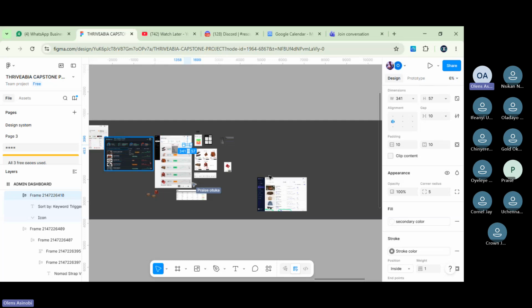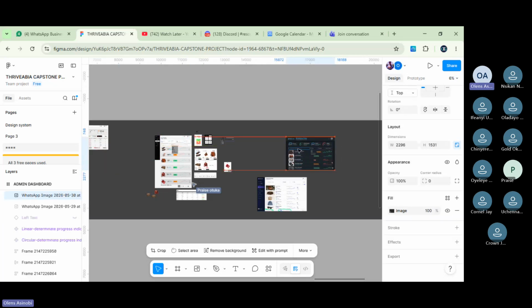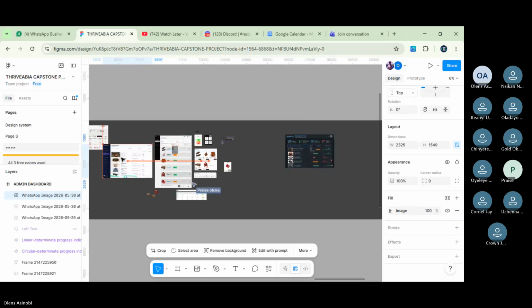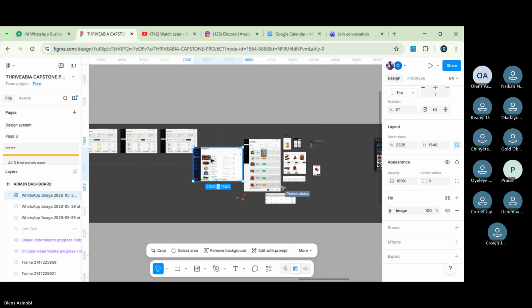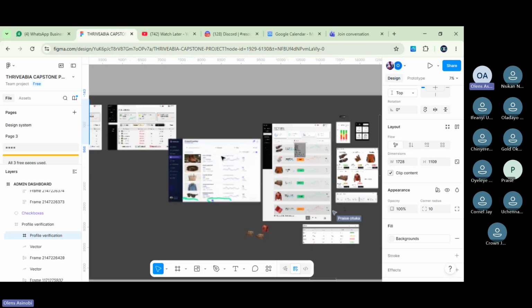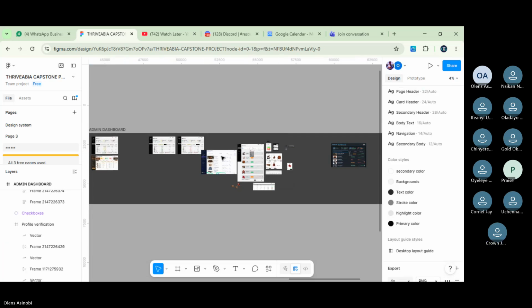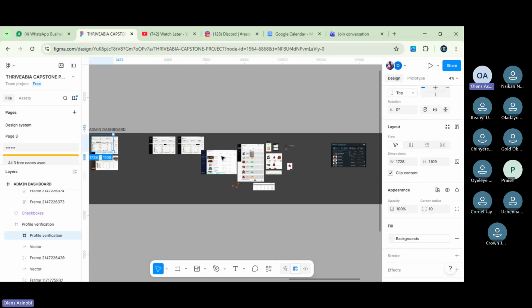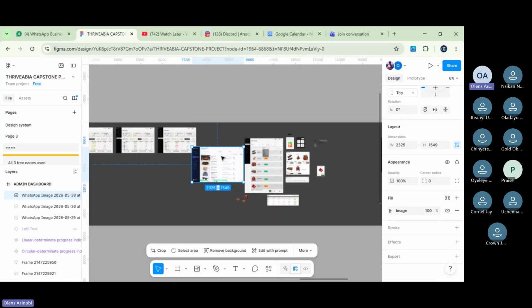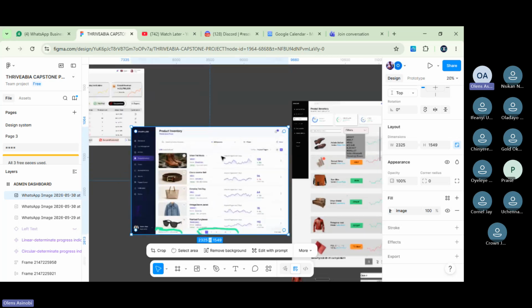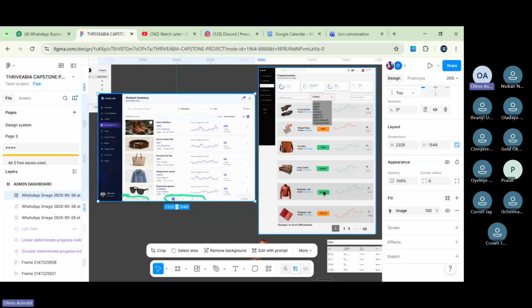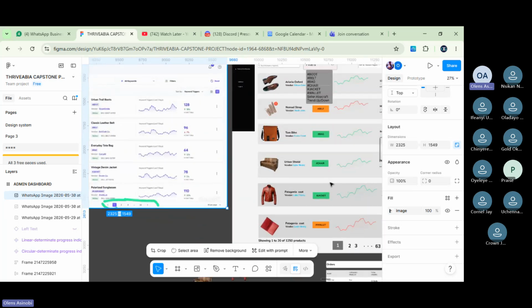Let me move this one aside. Let me not go and spoil somebody's work. All right. So follow this pattern for the table section now, the list.